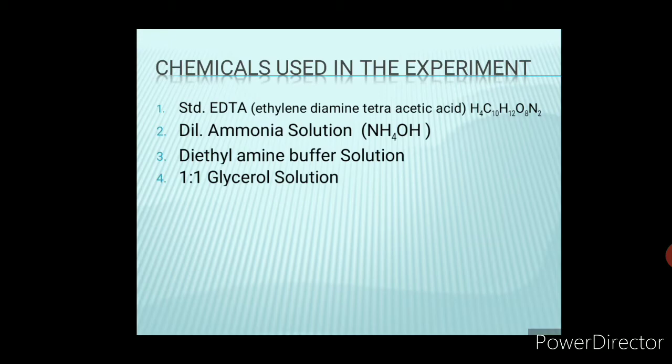It masks magnesium ions present in the solution. As I told you students already, in the pipetted calcium cement solution, along with calcium oxide, magnesium oxide will be present, which must be removed before the titration. Otherwise there will be a wrong, extra burette reading because of the interference of magnesium ions. To minimize the interference of magnesium ions, first we need to add glycerol. It masks the magnesium ion. Then we need to add NaOH solution.